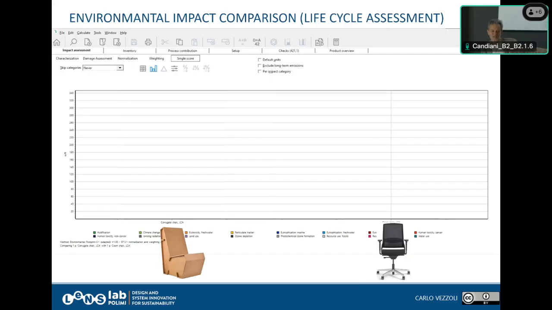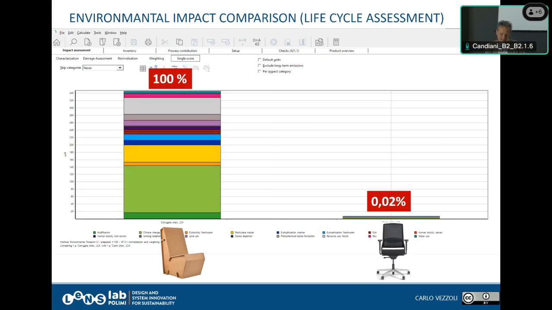Here I asked Lorenzo to make a life cycle assessment. Is the methodology to assess the environmental impact of product in relation to the function. So I'm evaluating for 12 years, so there is one chair, and I can't remember how many other cardboard seats on the other side. Okay? And guess what came out?